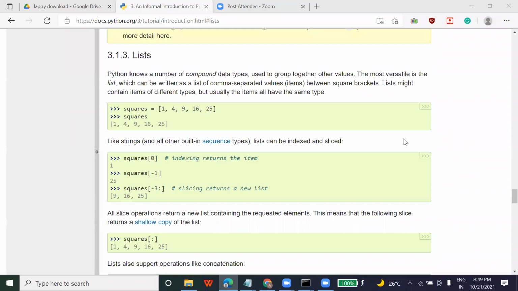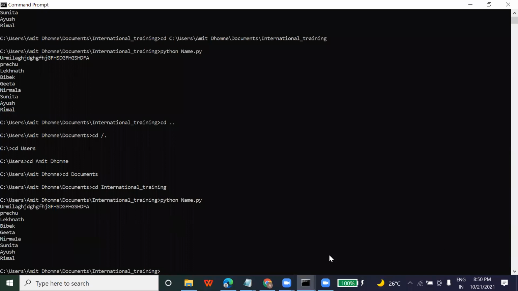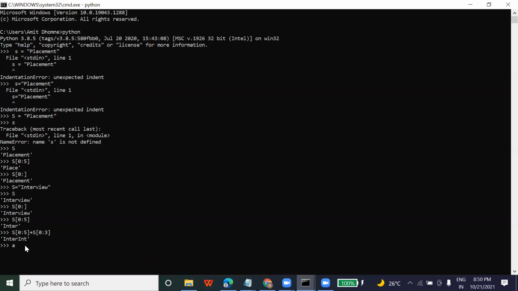Now, suppose you want to store a set of elements. Suppose you want to store multiple values in a variable. How can you do that? That is with the help of a list. List is one data type in Python. You can see here, till now we have seen that we were storing a single value in one variable, right? If you remember, in my previous session I was explaining like this, where we were creating a variable A and assigning a value like this, right?